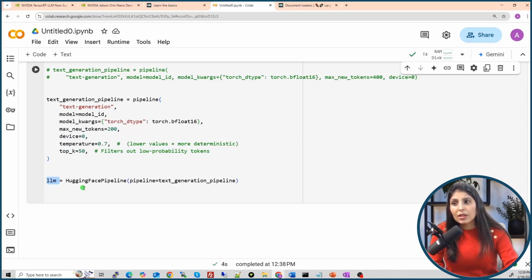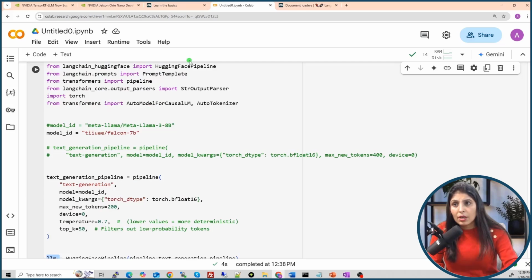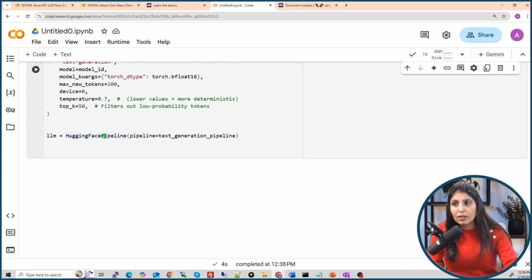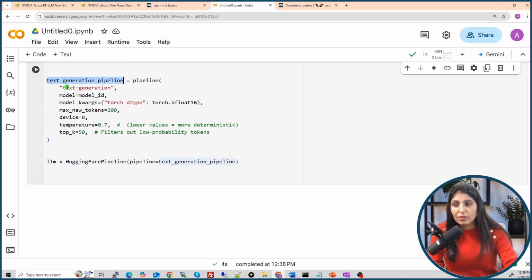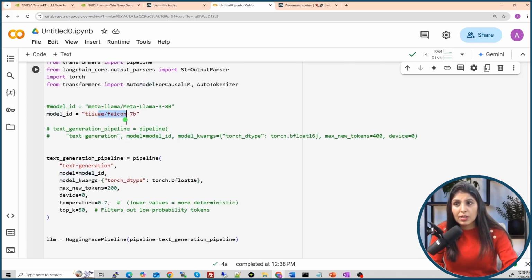In the LLM variable, we are calling the Hugging Face pipeline, providing the pipeline we have created. So now our LLM variable has a Hugging Face pipeline which will use the LLM from Hugging Face and generate the output, with a maximum of 200 tokens.